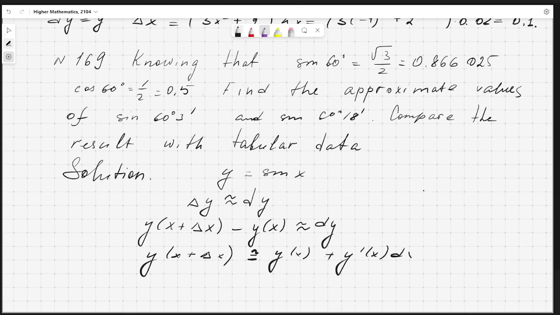Consider x is 60 degrees and delta x is 3 minutes. 3 minutes is 3 over 60 degrees